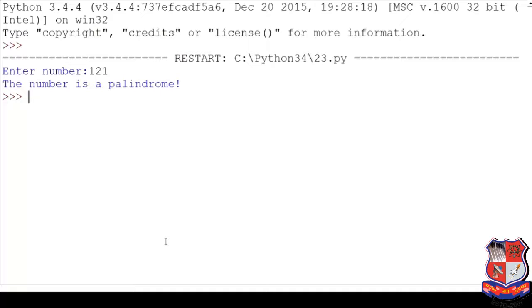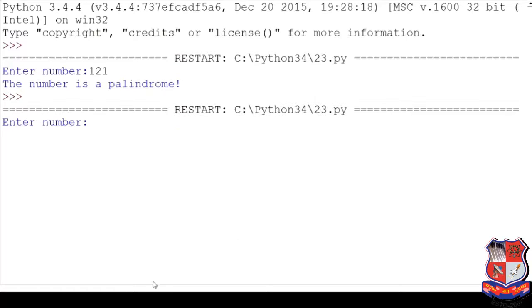It gives that the number is a palindrome. Let's run this program again. It gives you a prompt to enter a number. Let's enter the number 234. It prints that the number is not a palindrome.